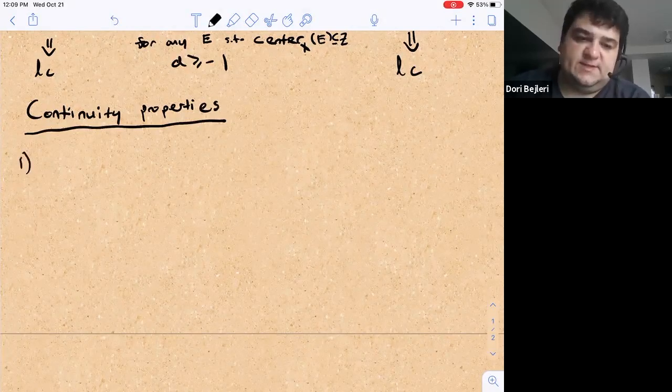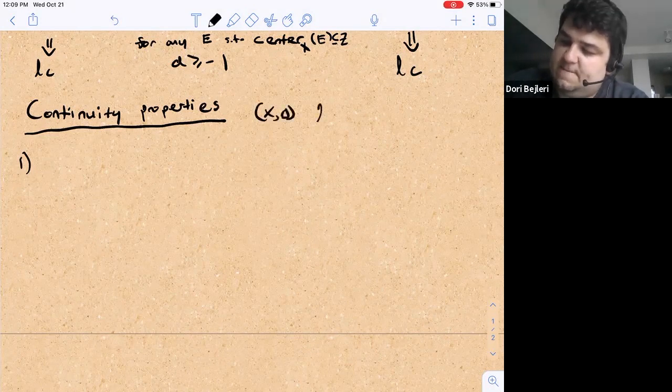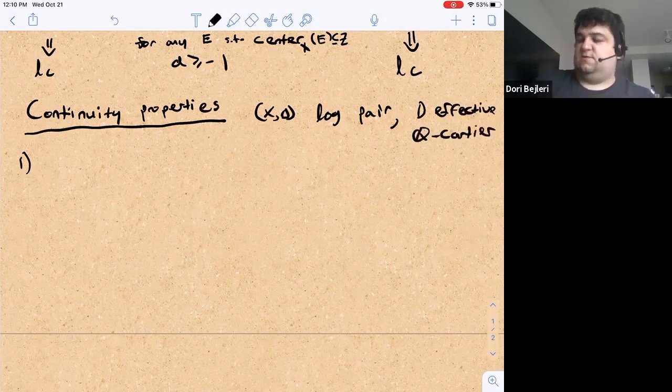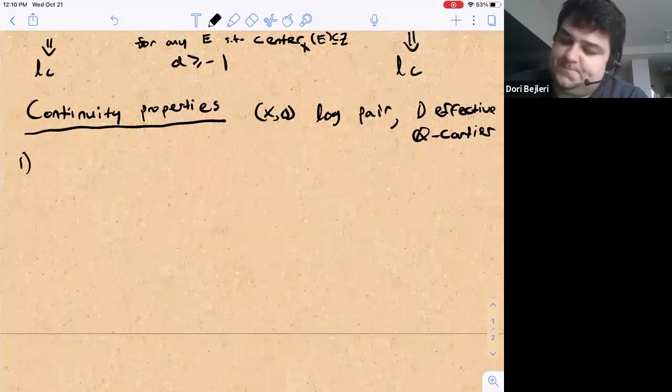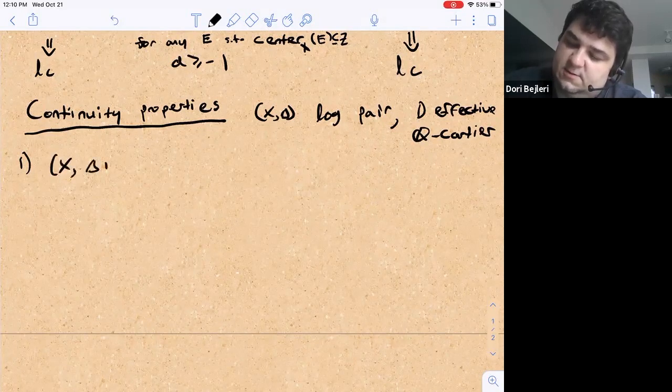And these are basically just from the definition. So let's say (X, Δ) is a log pair, and D is effective and Q-Cartier. So the general question is just: if you perturb your Δ by adding some εD, how do these singularity conditions behave? So first condition, if (X, Δ + D)